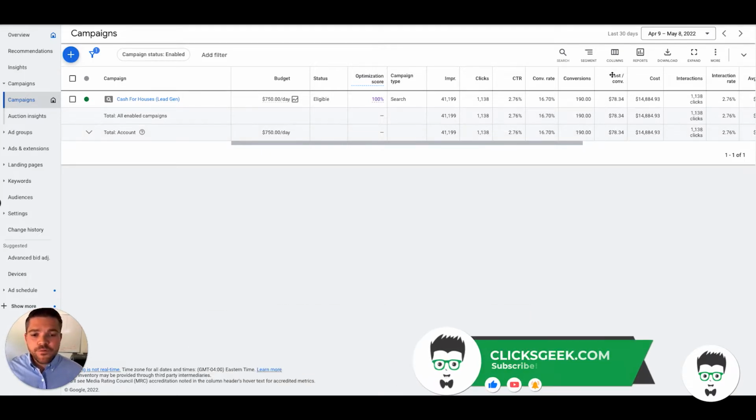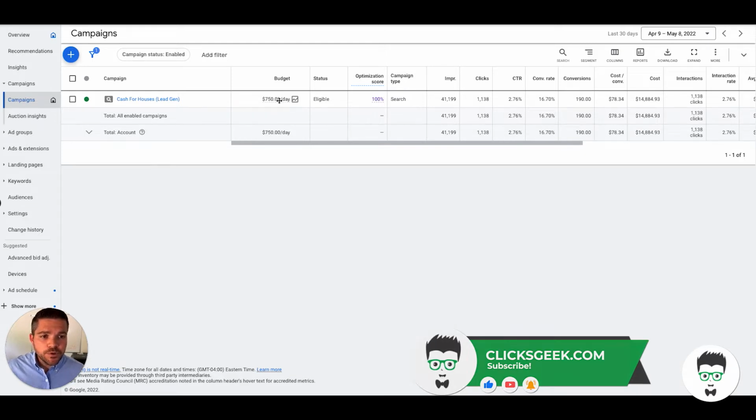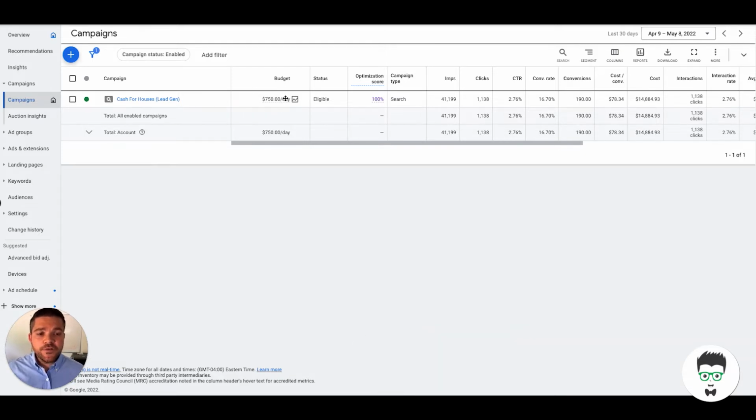So we're going to review this campaign from a 30-day window. We're on this specific campaign, we're doing a $750 per day budget. Within that 30-day period, there's been 1,138 clicks, a conversion rate of 16.7% with 190 conversions, and a total acquisition cost of $78.34 per lead. So it's pretty awesome, with a total cost of